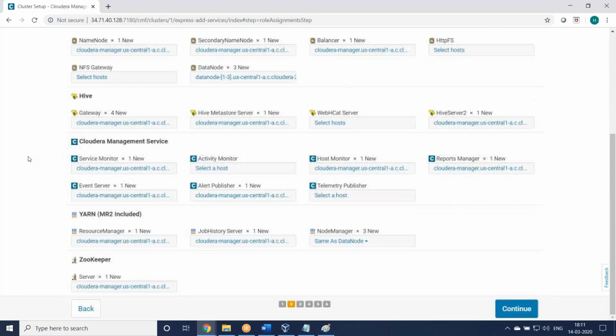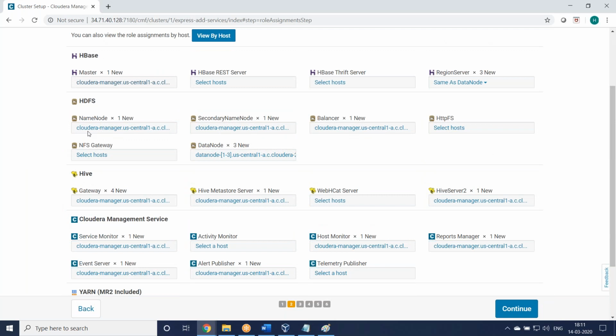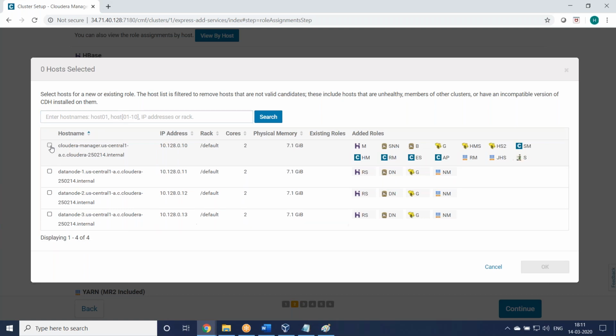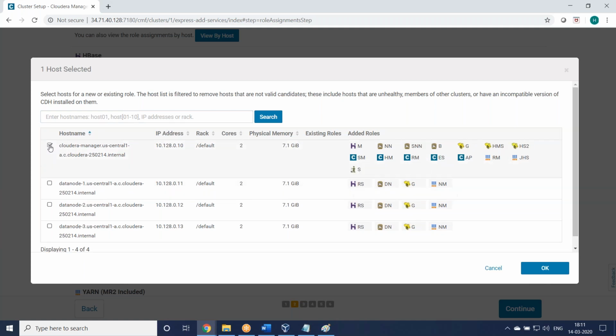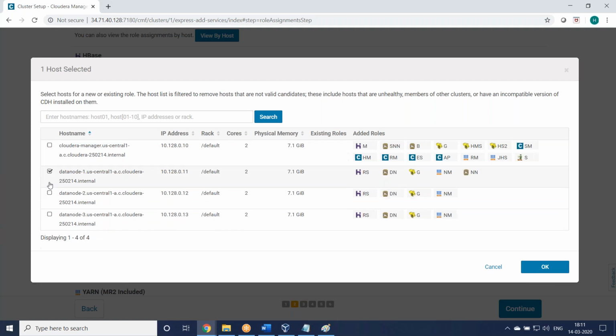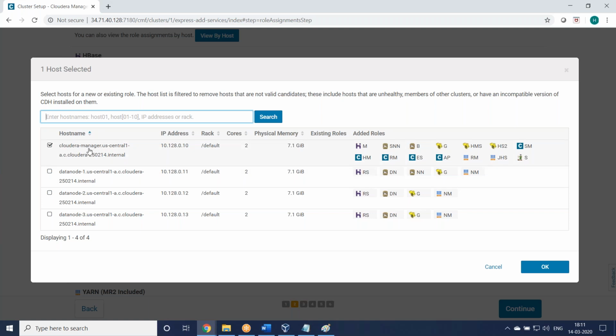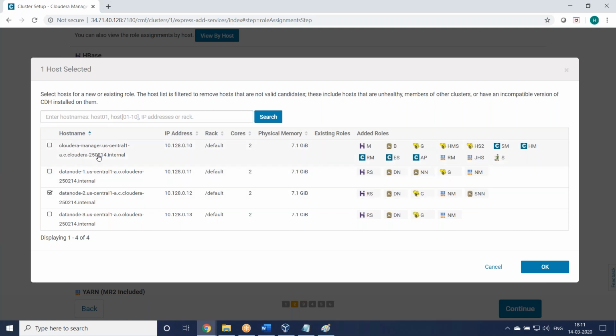Now you can see, we can find it here. You see HDFS. So name node, which server do you want to install the name node on? I don't want to install the name node here. I want to install the name node here. You can select this way. Earlier, they automatically displayed it here. I don't want to install that. I am installing here. Okay, so name node, because here Cloudera Manager is running, right? Fine. Then secondary name node, where is it? Secondary name node we can install here, or else we'll install the secondary name node here.